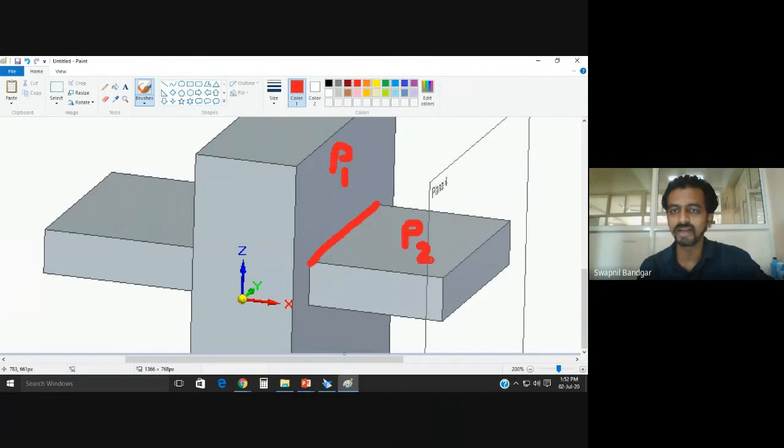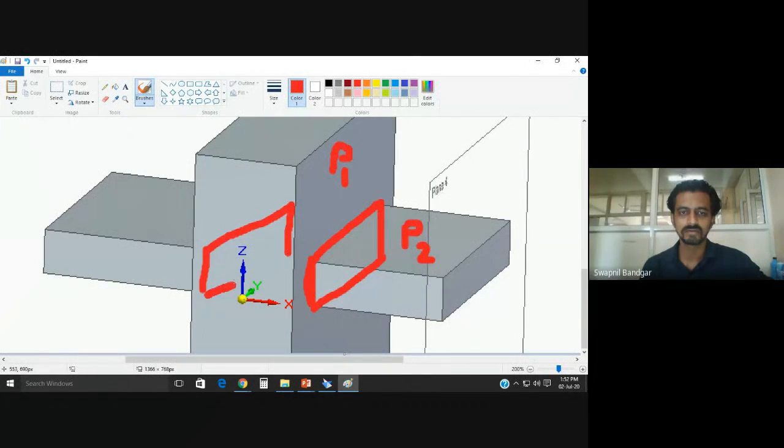The intersection of two planes is a line, but your surface modeling tool will not save the data about this line and this line, and also there is a bottom line and the back line. So the system will not understand that these two parts are passing through each other. The same case will happen here too.